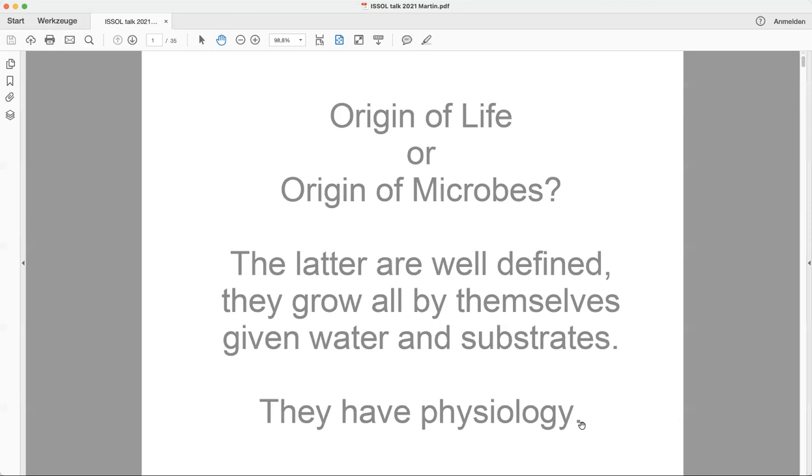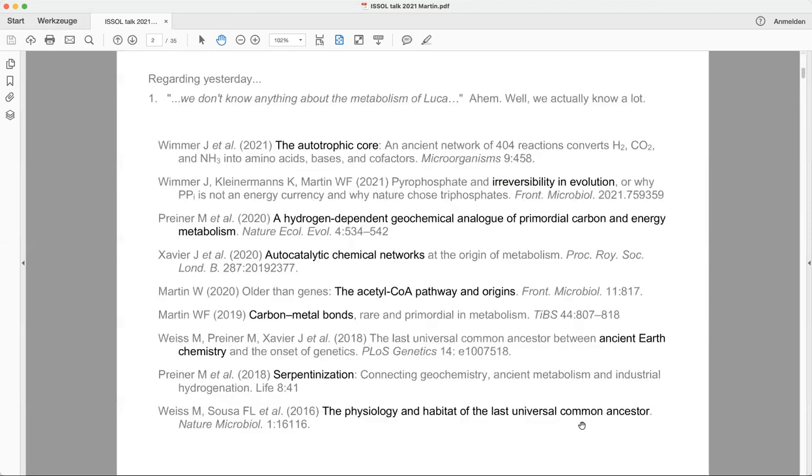So there are tomes of literature on the definition of life, and there are no tomes of literature on the definition of microbes because they are very well defined. So yesterday we heard something from Emmanuel. We don't know anything about the metabolism of LUCA. Well, I'd like to disagree, actually. We know quite a lot. And here are some of the papers that the group has been producing recently